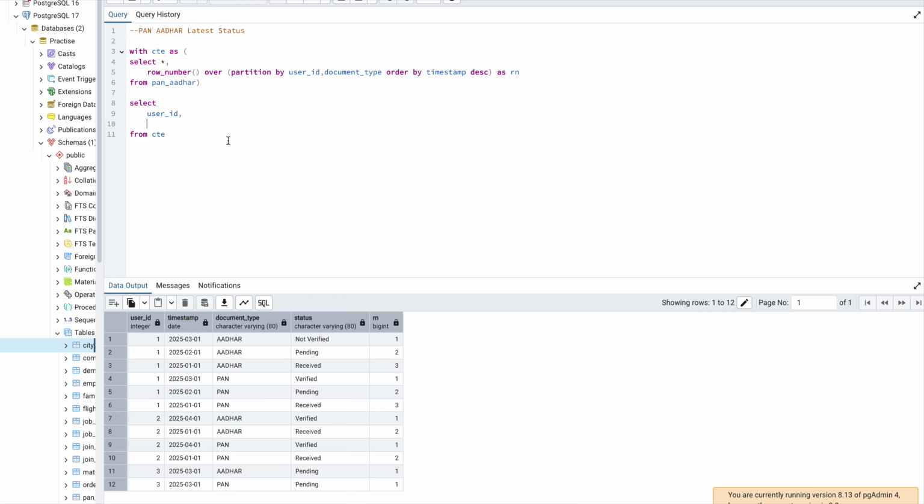So I'll say case when document type equals to PAN, then I'm gonna say status, else I'm gonna say